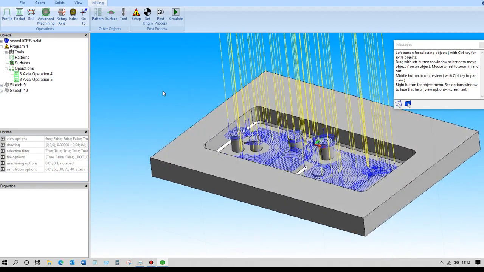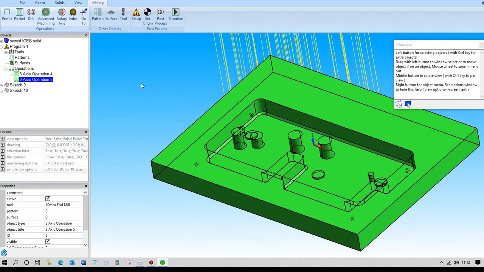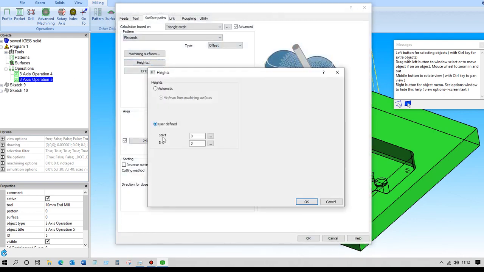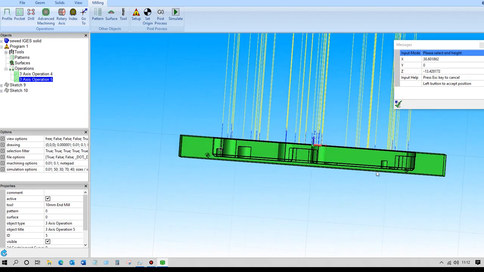Okay, so if we wanted to as well, we can also set up the heights for machining. So in that operation here, if we go to heights, we can set up our own heights here. So we can start and end where we want to. If we need to, we can choose these values either by entering them here, or we can choose them from the model. So if I choose that there,